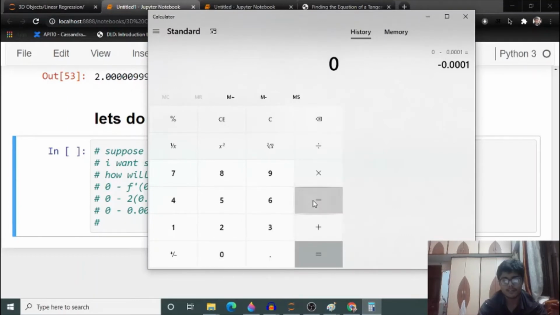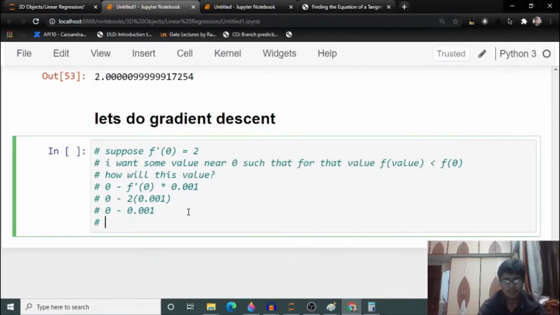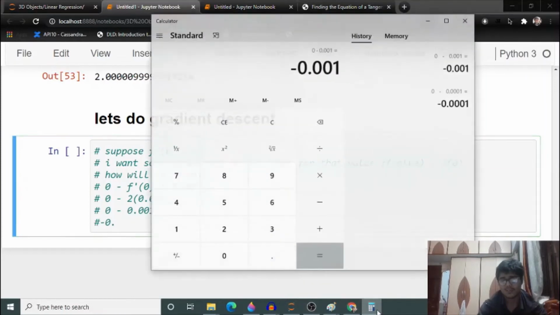0 minus 0.001, so this value will be minus 0.001. Let's again plug in this value, 0.001.